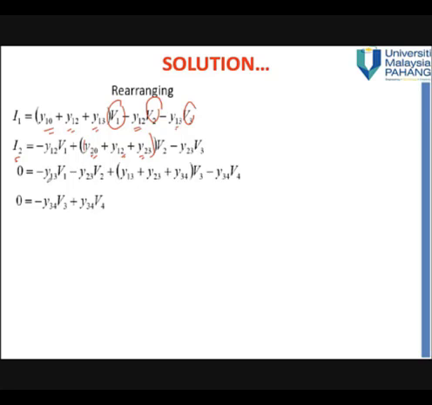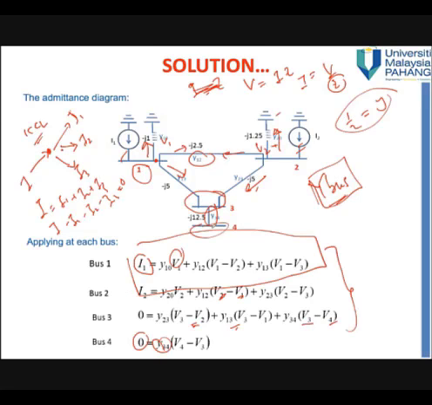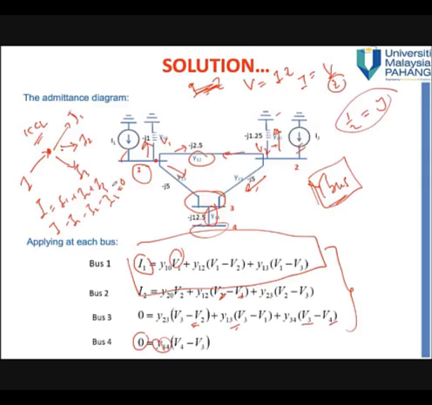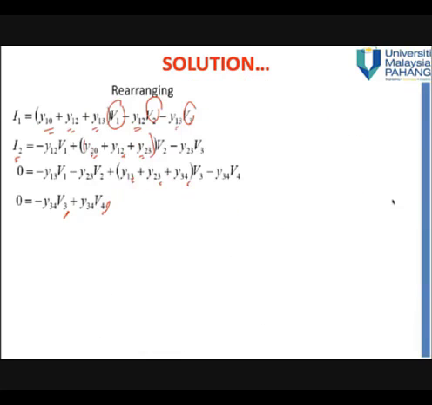And then for this equation, as you can see, we come up with all the bus 3 summation, but we have V4 because we have a connection. There is a line between bus 3 and bus 4. Similar with this fourth equation, but there is no bus related to bus 4 other than bus 3. So we have these equations. So we can rearrange and